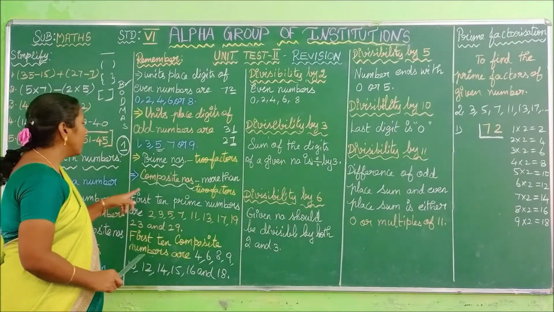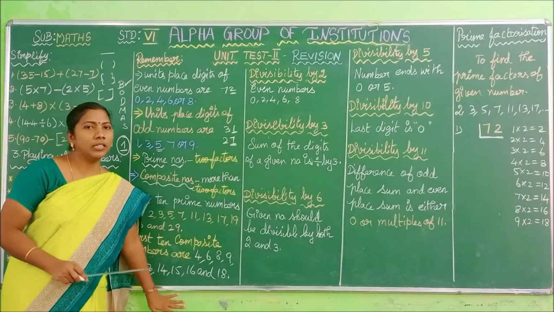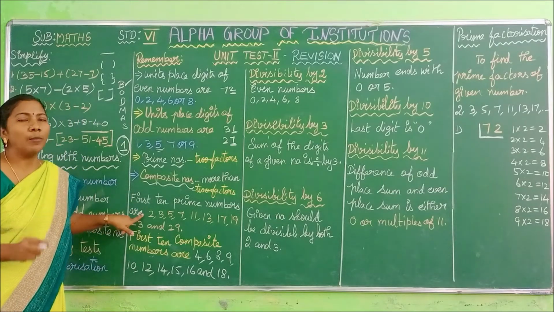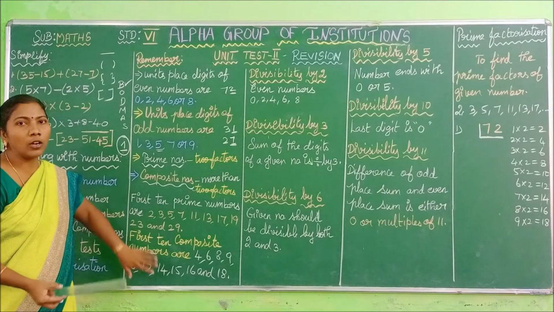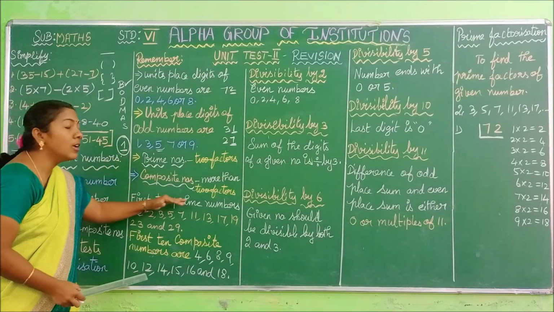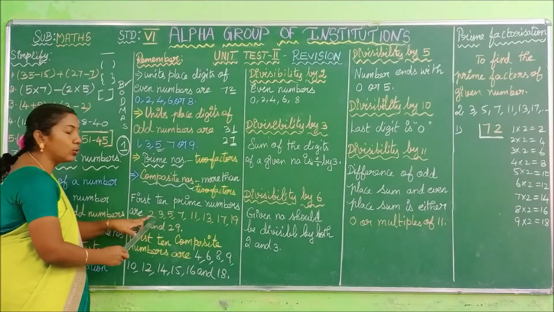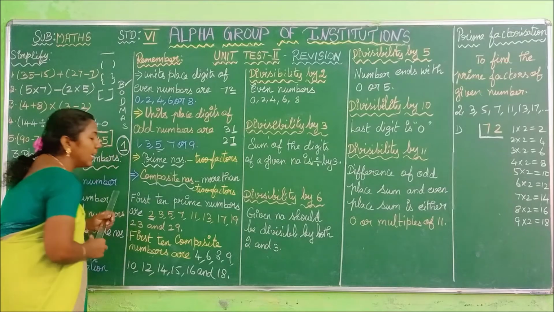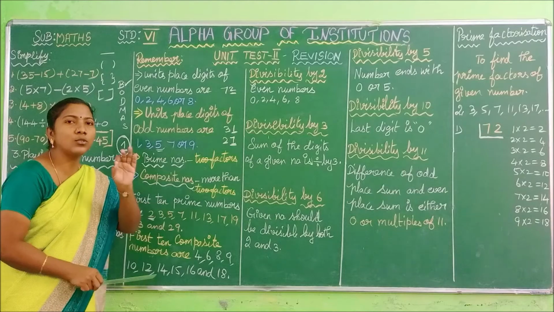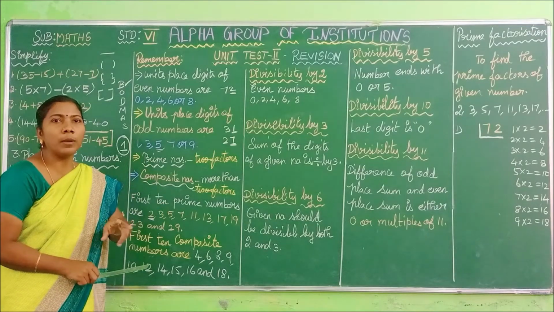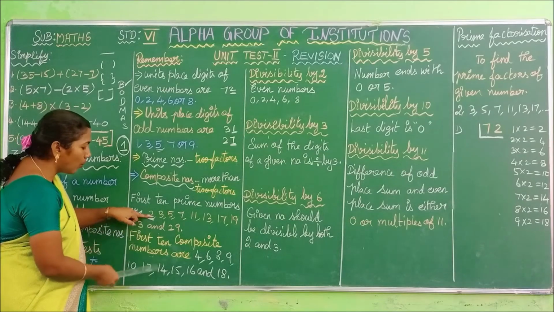Okay. See here. Here we have written the first 10 prime numbers and first 10 composite numbers. I have already told you the numbers which are not prime are composite, and 1 is neither prime nor composite. So 1 did not come in the prime number column as well as in the composite column. So the first prime number is 2. Also the speciality of 2 is it is also an even number. So the only even prime number is 2. Which is the only even prime number? 2.